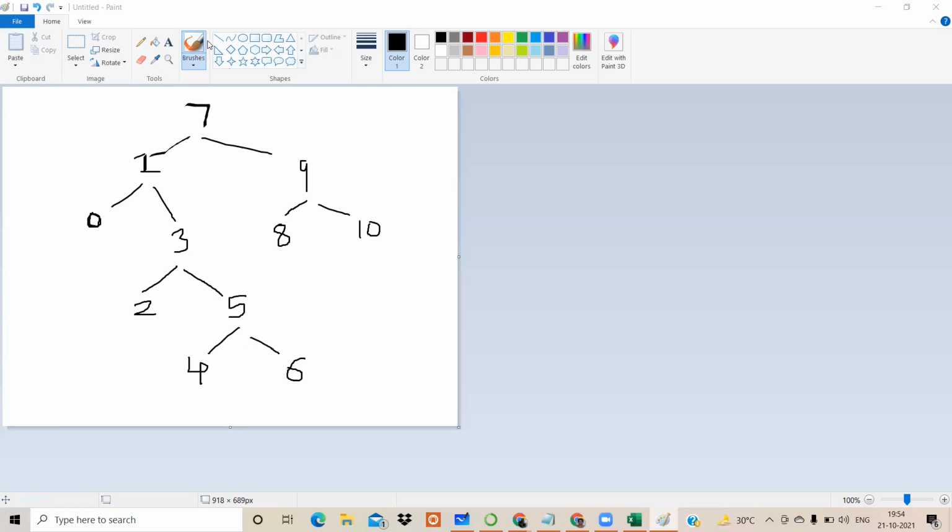Is this clear? This left part? Yeah, the left part is clear. Yes. So now our complete left is done. That means this entire left tree is traversed. Now it's time to traverse the root. So after that 7 will go. After 7, we have to go to its right, but on the right there is one more tree, that is 9, 8, 10. So what is on the left? Left is 8. So that will be printed first, then root, that is 9, and then right, that is 10. So that's why it will be printed at the end as 8, 9, 10. Fine. Okay, understood. So your final answer is 0, 1, 2, 3, 4, 5, 6, 7, 8, 9, 10.